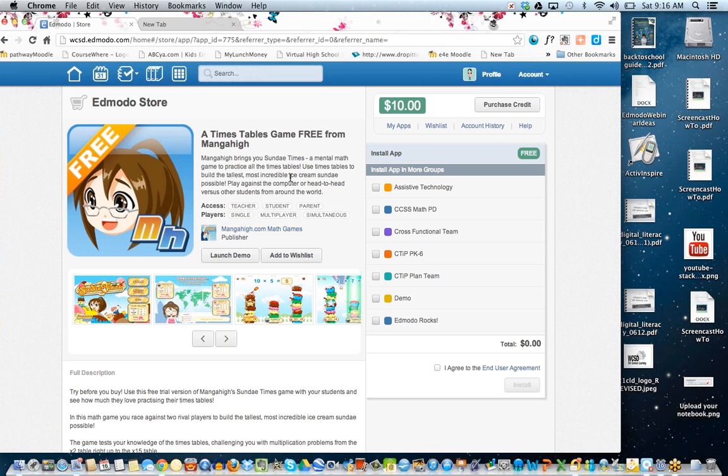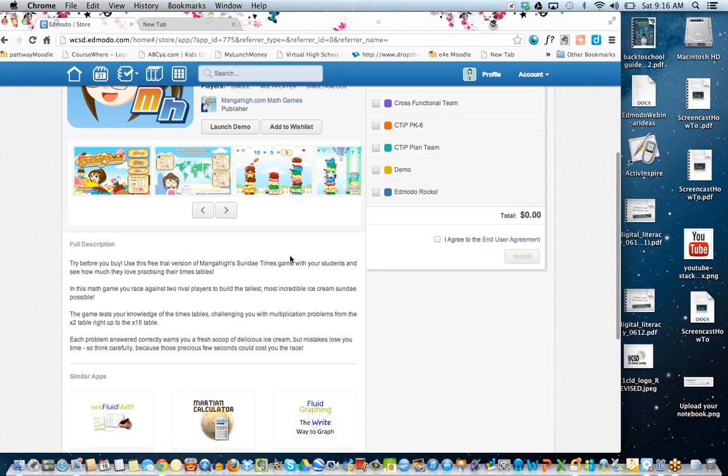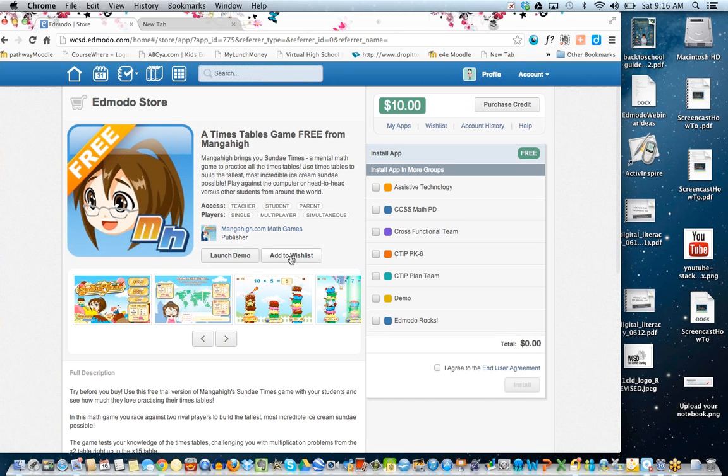So when you click on it, you could launch the demo if it's something that you wanted to get a trial run for, because there's no other way for you to try it out, but that will give you an idea of what it looks like, especially if it's something you want to buy. It's one of the reasons I bought quite a few so that you guys could try them out as a student. Or you could add it to wish list just to keep it on the radar of something that you want to buy. It'll keep track of your wish list so that when you do get money or donations, you could buy them.